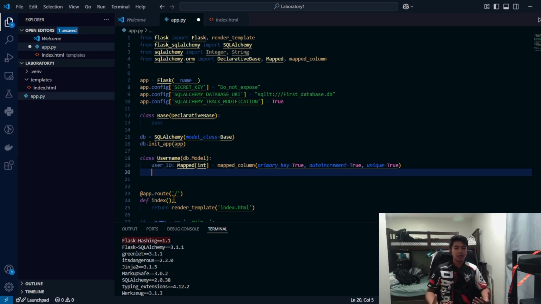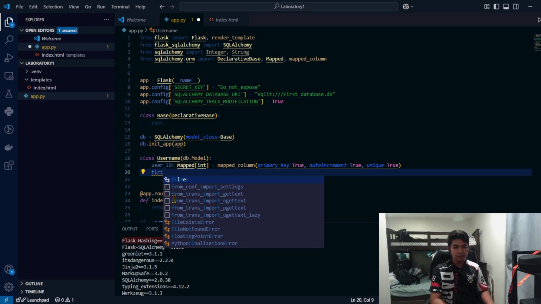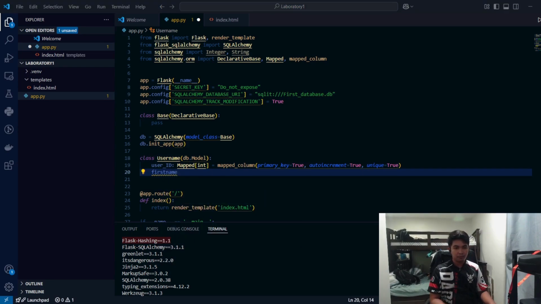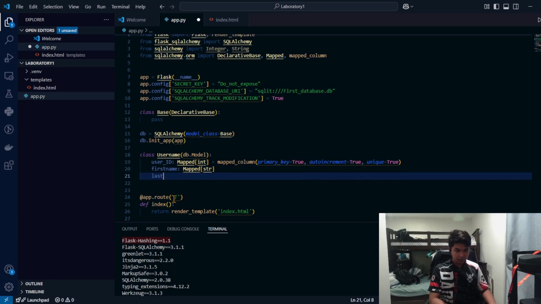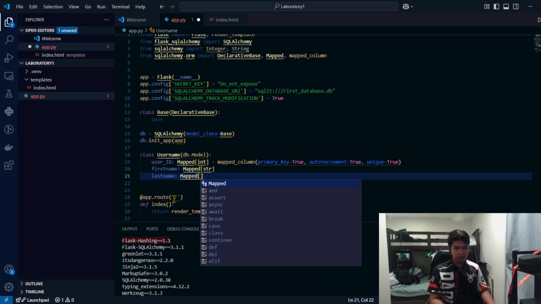So what goes below our user ID? Since it is a user, it commonly has a username and password, and also first name and last name. In the user, we have first name, then Mapped str, since we use it as a string. Last name, also Mapped string.